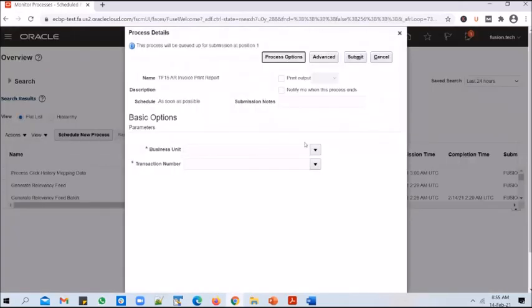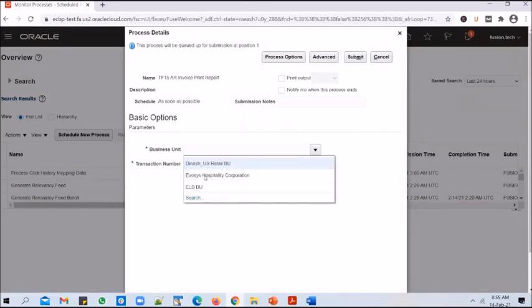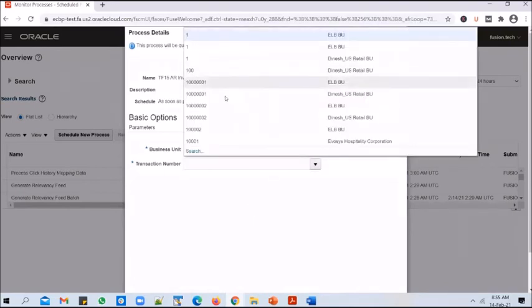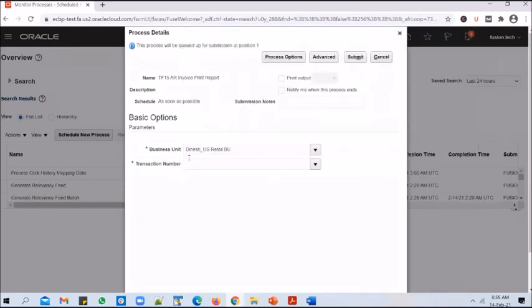You see two parameters in there, both mandatory. And in the business unit dropdown, if you click on the dropdown, you pick one of the BUs. And in the transaction number dropdown, you click on it. And as I mentioned, you cannot filter the transaction numbers based on the business unit you have selected. So at max, what you can do is we are restricting this parameter to display only the transactions from the BUs that I have got access to. So I have access to 3 BUs. So this LOV will display transactions from all the 3 BUs.